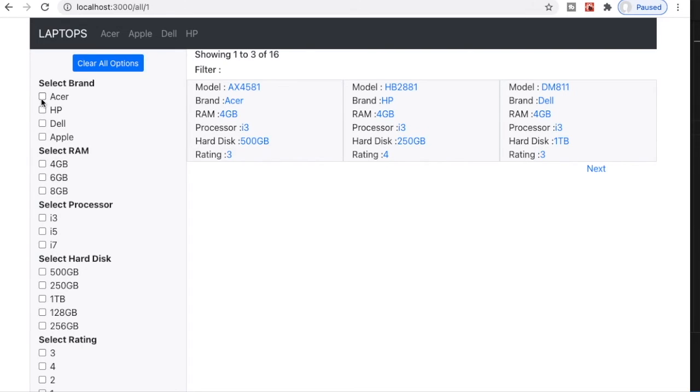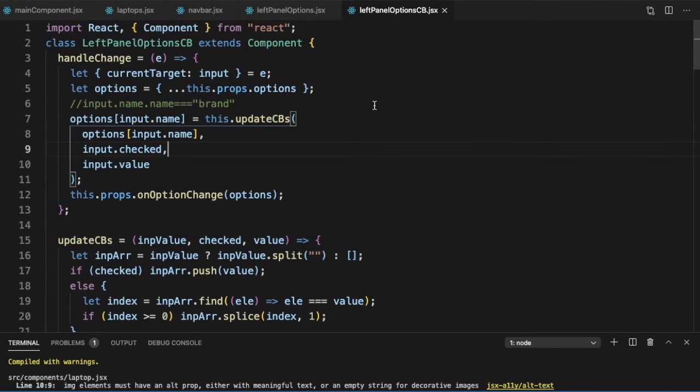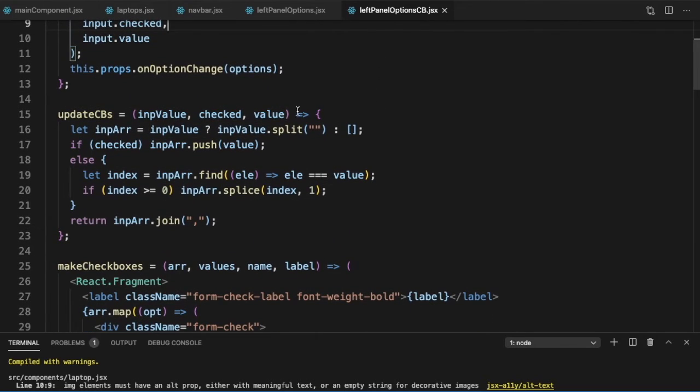So now let's test it. If we click on Acer, we get brand equal to Acer. This is fine. Now if I click on HP, there is some problem. Acer should have been clicked, and if we look at it, we get A, C, E, R. So somewhere in the split or the join, we have made a mistake.